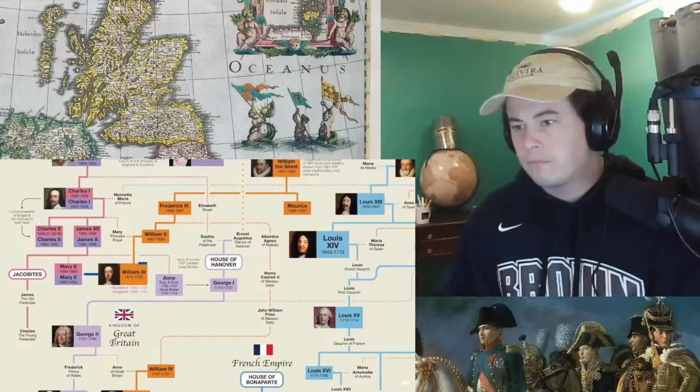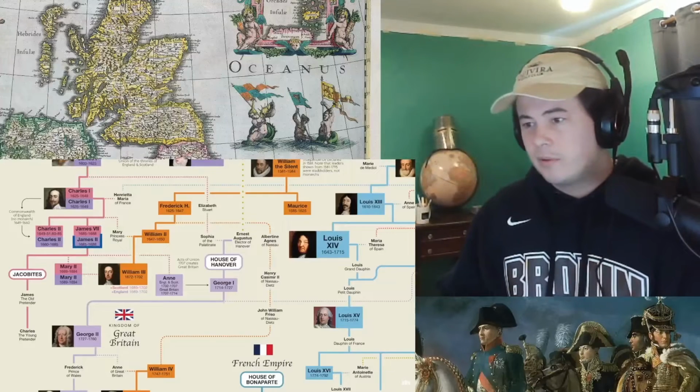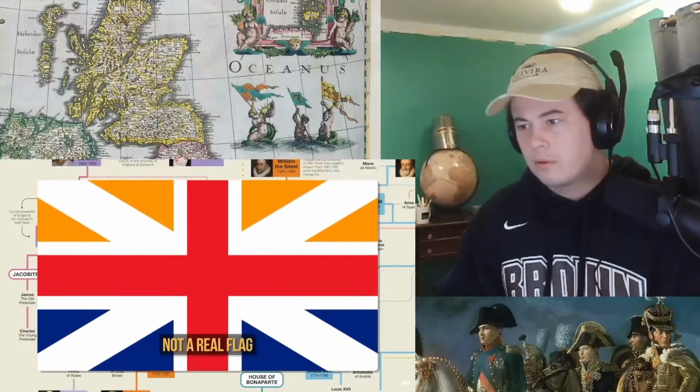He then married his first cousin Mary, who was an English princess, a move that ended up having major consequences for British history, when a group of nobles invited William and Mary to invade England and depose the Catholic king James VII and II. And it worked. At this point, the pair became joint monarchs of both England and Scotland. So, for a brief period, there was a Prince of Orange who was both the de facto leader of the